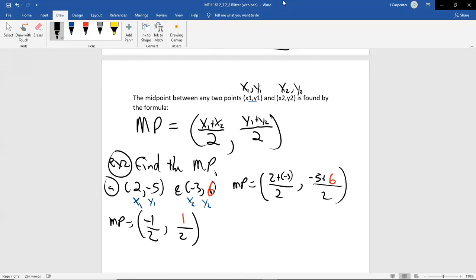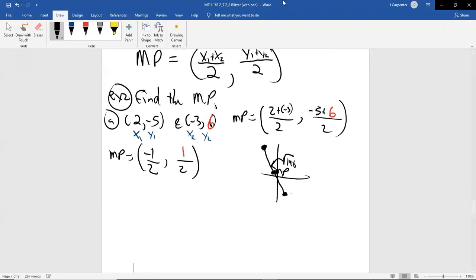So here's what's cool about distance and midpoint. If you were to plot these 2 points, if you went and plotted 2 comma negative 5, which will be somewhere down here, and then negative 3 comma 6, which is somewhere up here, the distance between those 2 points would be the square root of 146. That's the length of that line. And then this halfway point, negative 1/2 comma 1/2, is about here. That's your midpoint. And that coordinate would be negative 1/2 comma 1/2. So sometimes we're interested in taking a segment of a line. Maybe we just need to know its distance. Maybe we need to know a halfway point. Halfway points are great for finding balances of things if you're doing physics problems.